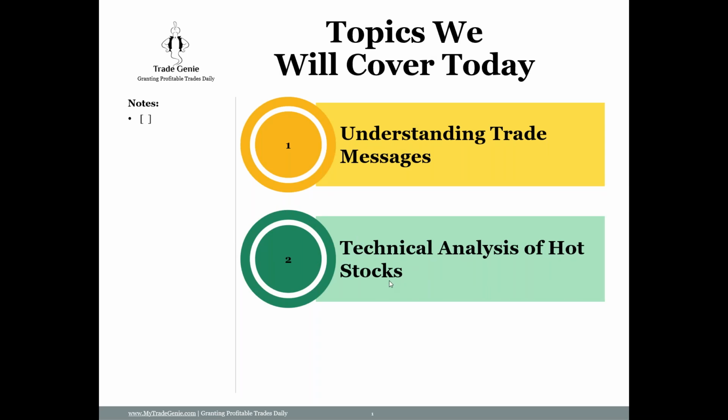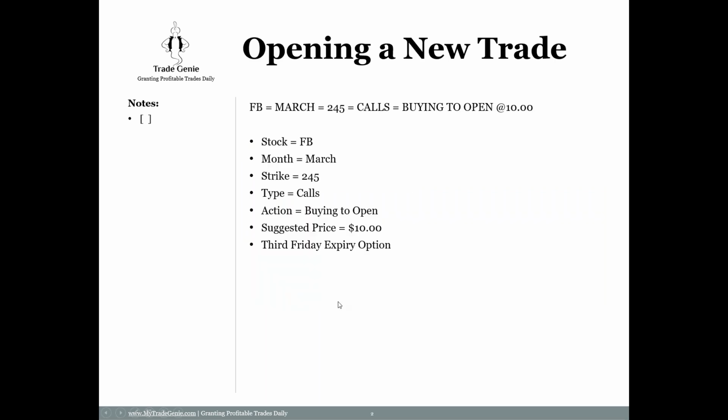I'll explain the messages we send out to make you a better follower of Trade Genie. So I'll explain the different messages and how we send them. When we spot the trade, we send you a simple message, just one line, nothing more than a subject line. I put the trade instruction in the subject line, so there's no long story to copy and paste. Sometimes I do write a little one-liner, like what's the reason.